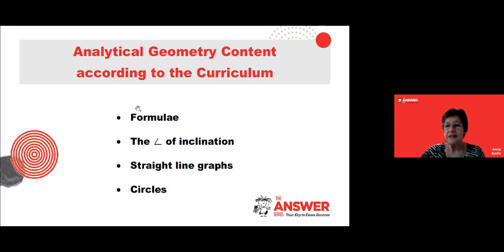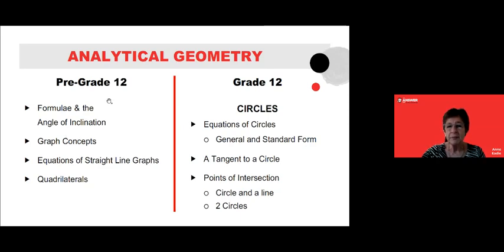So the content of analytical geometry, according to the curriculum and according to most of our minds, we think formulae, yeah, and then grade 11, the angle of inclination, and dealing in depth with straight line graphs, and then finally grade 12 circles. And I do think that we underestimate what analytical geometry is about when we just look at that. So let's expand a little bit on this content and list some pre-grade 12